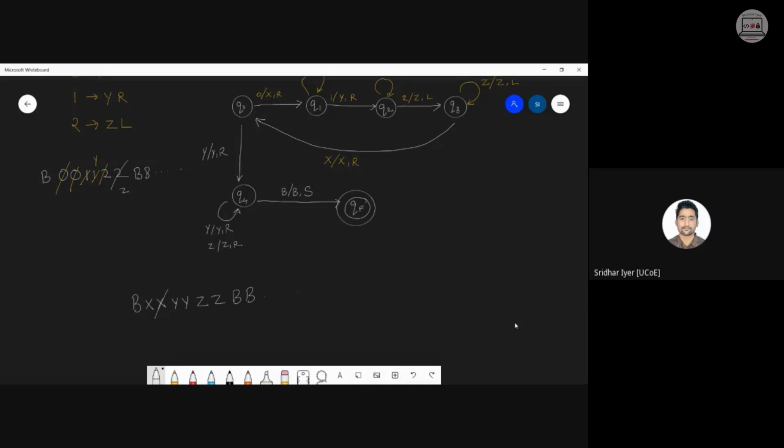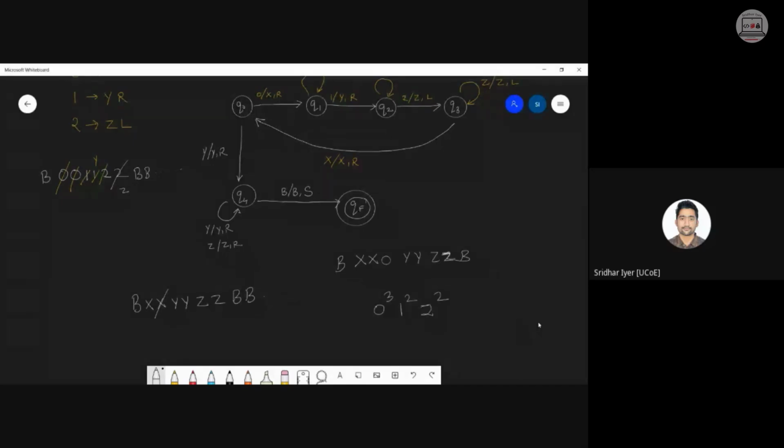That is Y, Y, R. So first we will check Y. Immediately following the X, there should be a Y. If after X some zero values are still left, for example, it could be like this. I'm just giving an example. It could be like this. What will this signify? This will signify that it is somewhat 0 raised to 3, 1 raised to 2, and 2 raised to 2. So our logic, that is, all the values of 0, 1, and 2 should be equal, is failing over here. So we can come to a conclusion whether our input is properly in the given format or not by this check state. Am I clear?